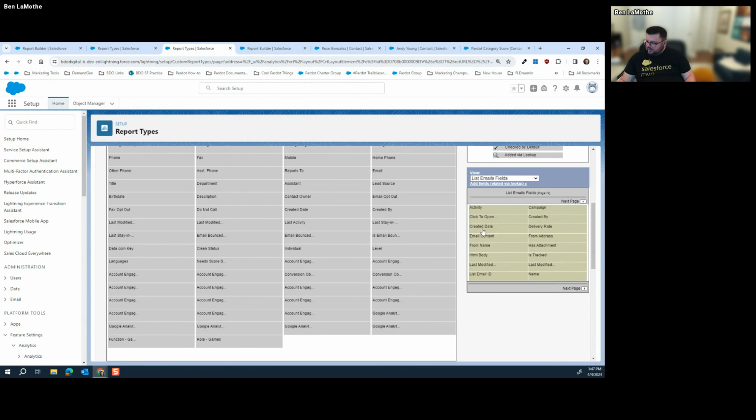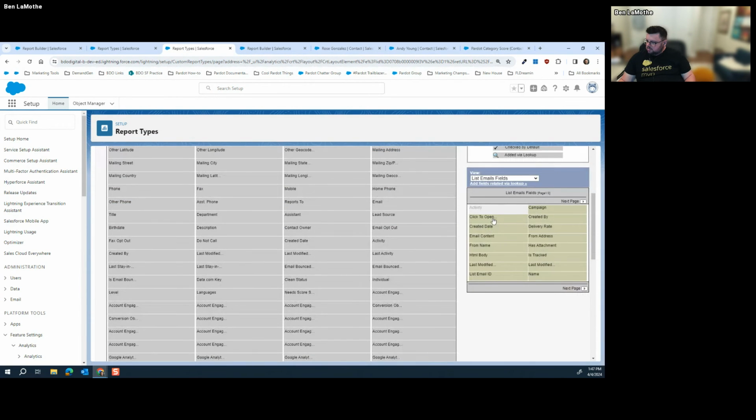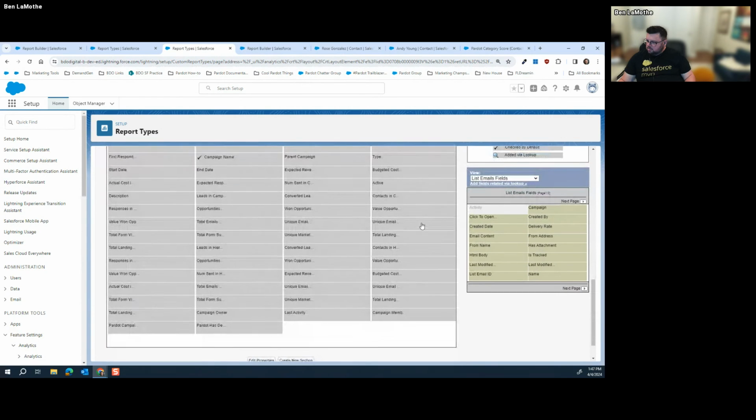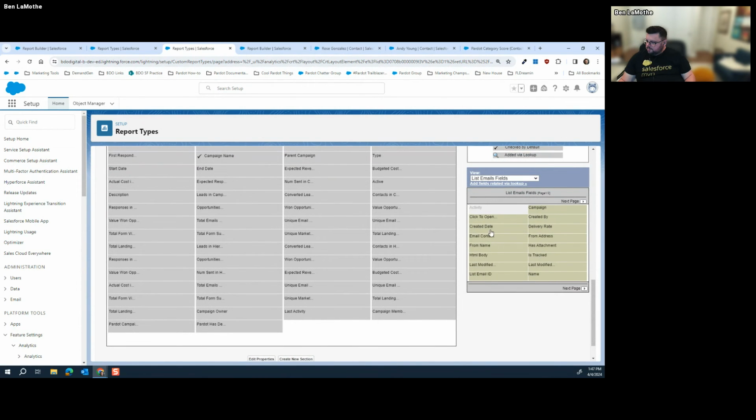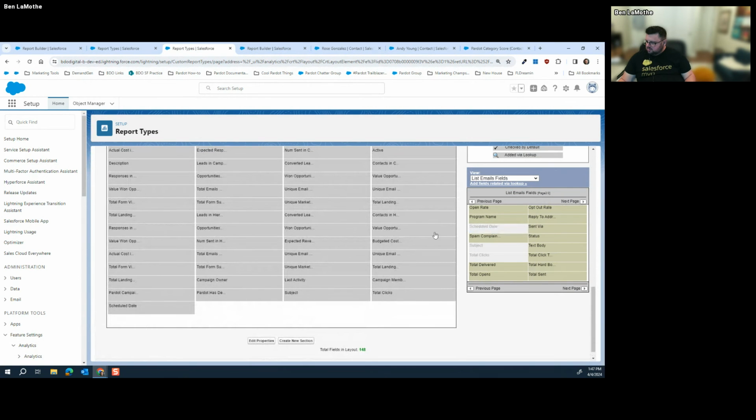I don't understand why I can't see it. I must have to add it in here, because it's not showing up on its own. But this should, in theory, allow me to leverage